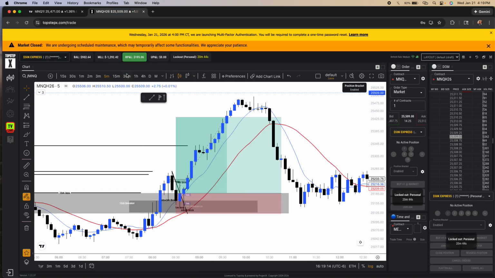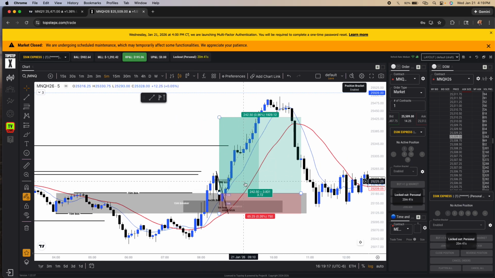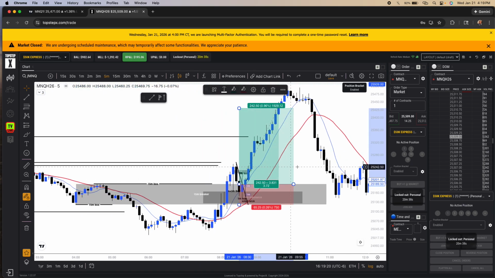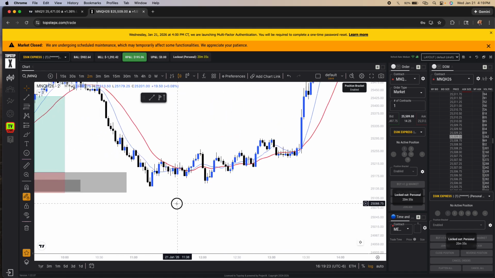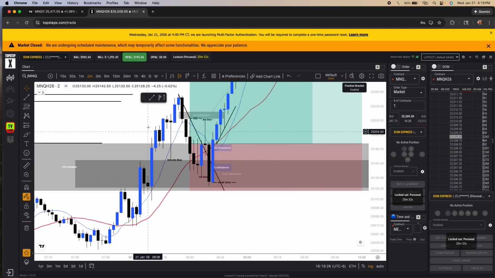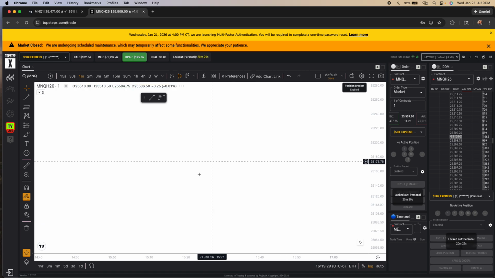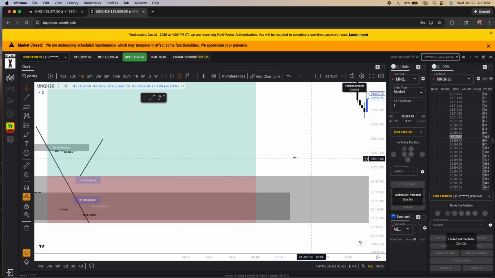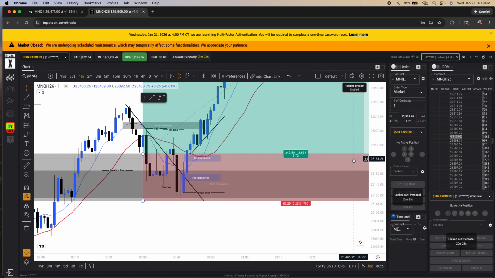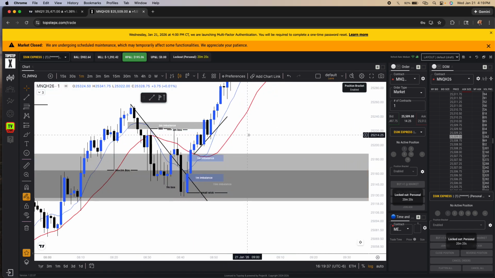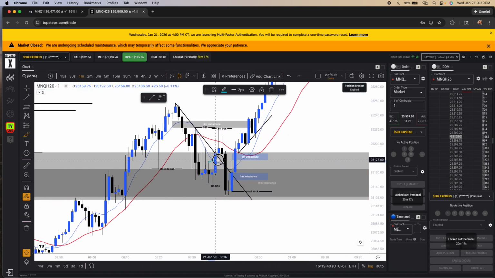So if we look over here, we can see that I made 200 today off of this play right here. And it should have been more, but I took a small loss initially in this area right here, thinking that we were going to continue quickly to the upside. So you can see right in this area, I took the loss. I entered off of this area, thinking that we swept the lows. We tapped into this demand over here. Thought we were going to push off. We ended up coming back low one more time. Then we started to push off again, and this was the move to the upside.